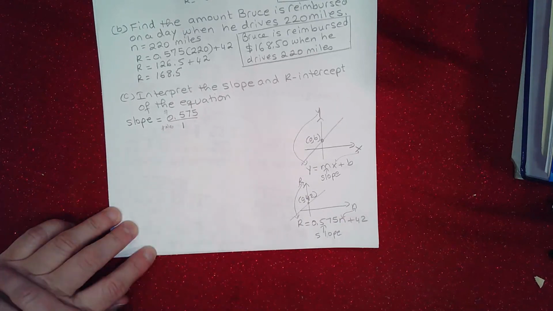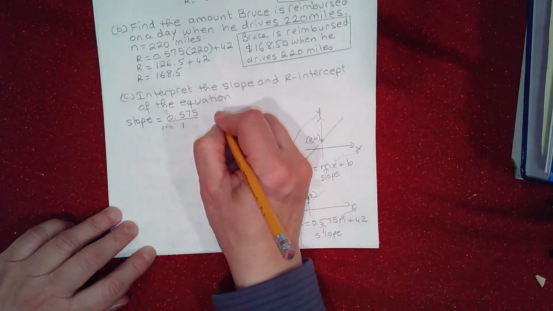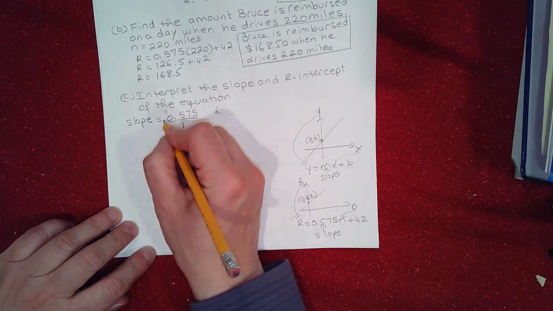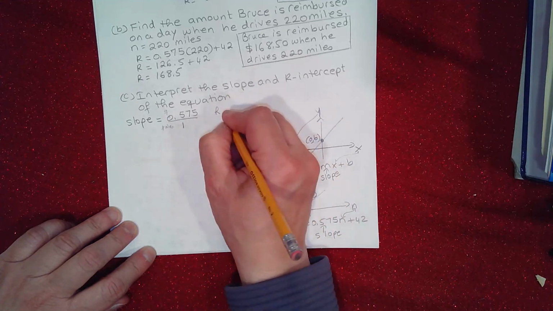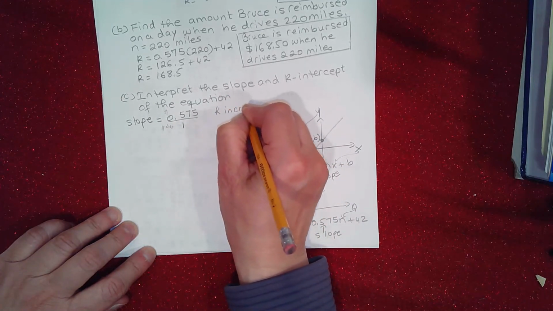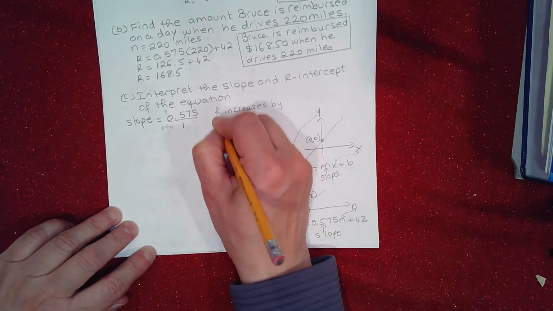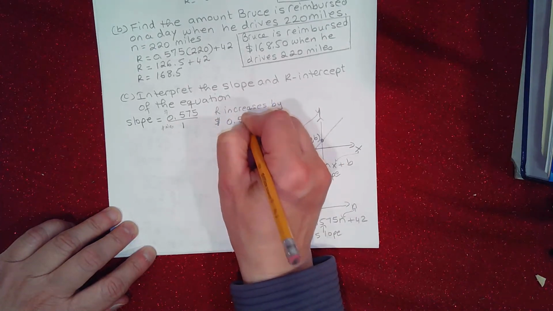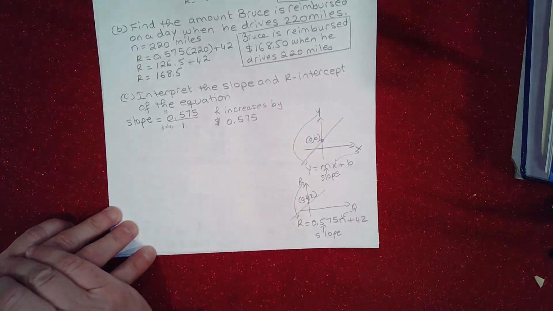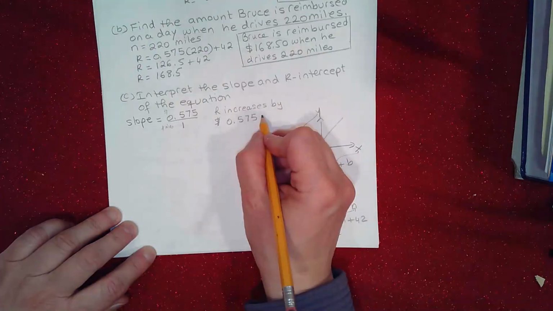So what does that mean? Since the slope is positive, it means R increases by $0.575 when the number of miles